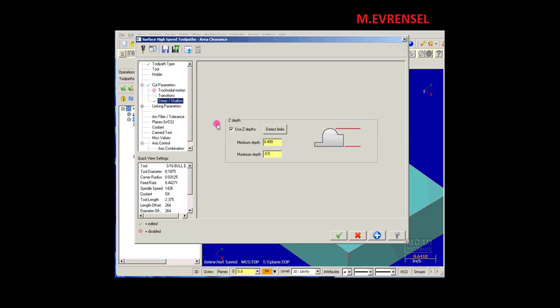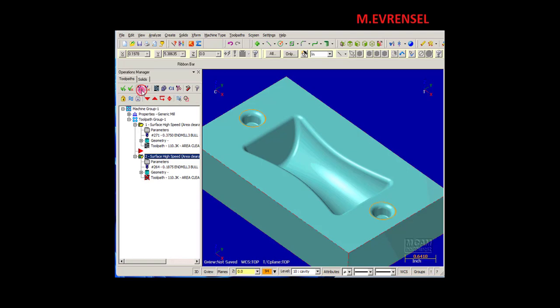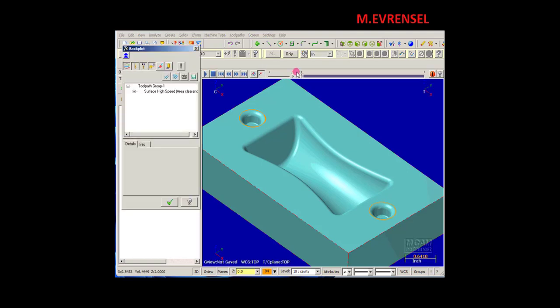Now since we have a containment boundary, that's going to effectively limit the tool to a certain region. So I don't need to limit the tool using the steep shallow or Z depths. So a good point to take away from this lesson is the two main methods for limiting the regions machined by the high-speed toolpaths. And that's either using Z depths, such as our first example, or containment boundaries for this particular toolpath. And then regenerate, backplot,